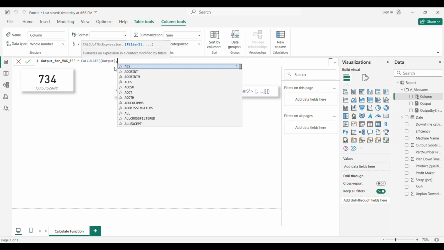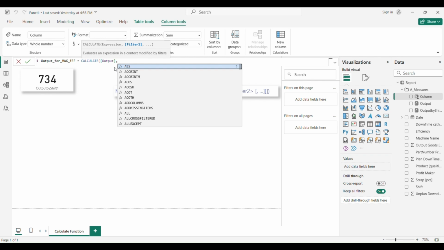And now for minimum maximum, for example, we always need to indicate in the filter area the column of our table, and then again we can apply minimum or maximum. It is not like in Excel when we write the maximum of. Here it is a little bit different.